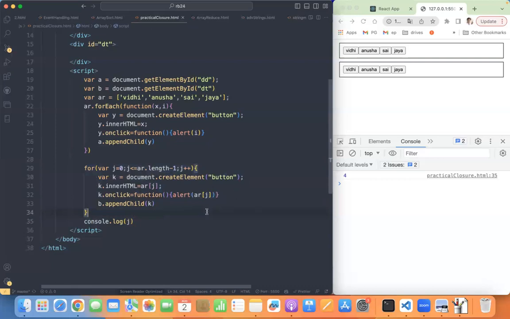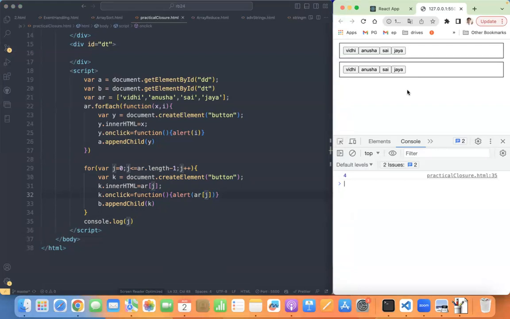There is no concept of an inner function when there is no outer function. For each cannot bind its values to inner functions, nested functions. Is that point clear? For loop cannot bind the variables to the inner function. That's the problem. It is having AR of J, but by that time when I click, J became